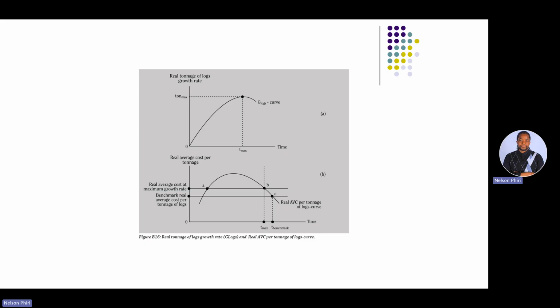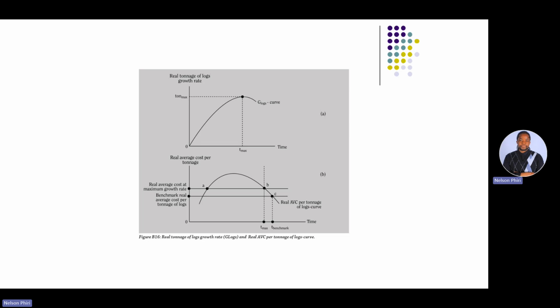So graph A represents the real tonnage growth curve. So you can see over time the growth rate curve increases and it eventually reaches a maximum growth rate, matures after a period of Tmax. After Tmax, we would have reached our maximum growth rate. The potential real tonnage of logs decreases because of natural factors, because we would have surpassed the optimum point. Then the analysis extends to figure B,